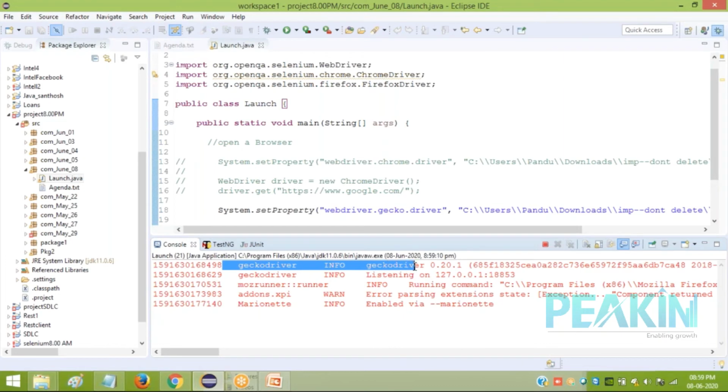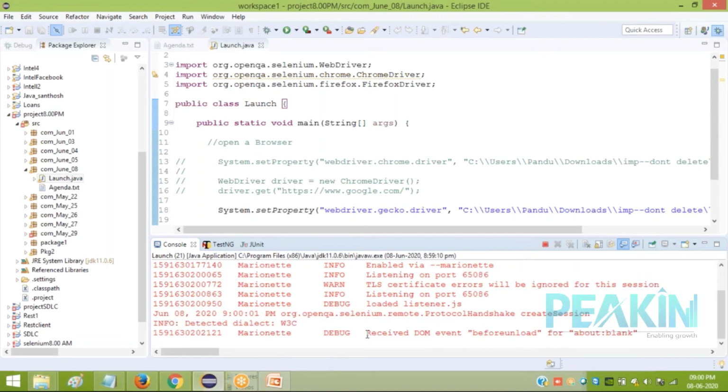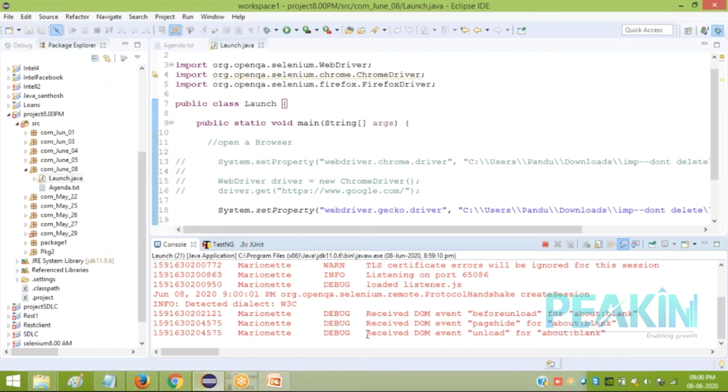So it's launching the geckodriver, the version that I have. It's creating a listener through some IP address and port number. It is communicating. It's still executing, right? But if you want to work with any browser, you must have the actual browser on your machine. Then only this driver will be able to call it.